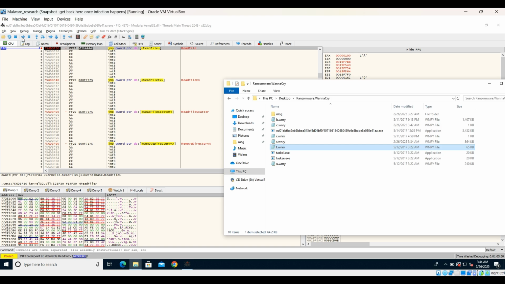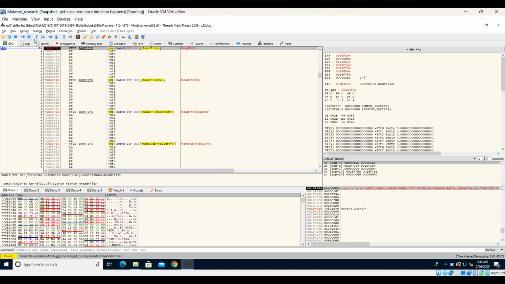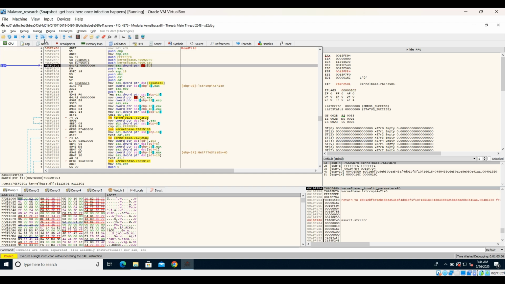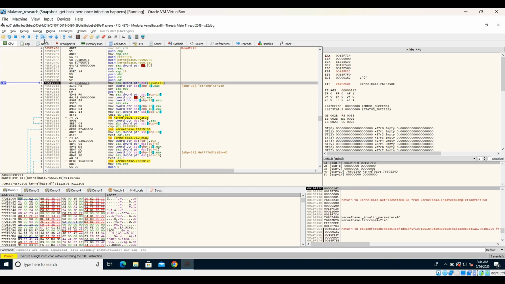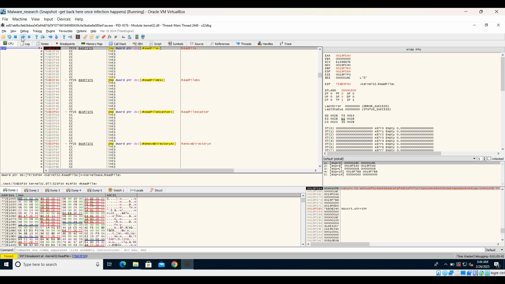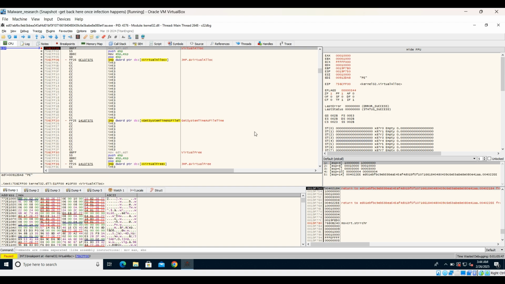It is only reading this file. Okay, so after reading that file, the first thing that it has done is read that file,